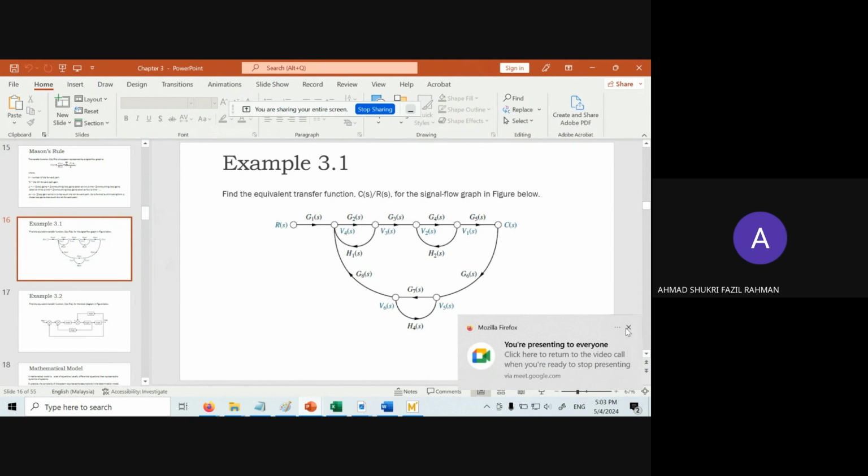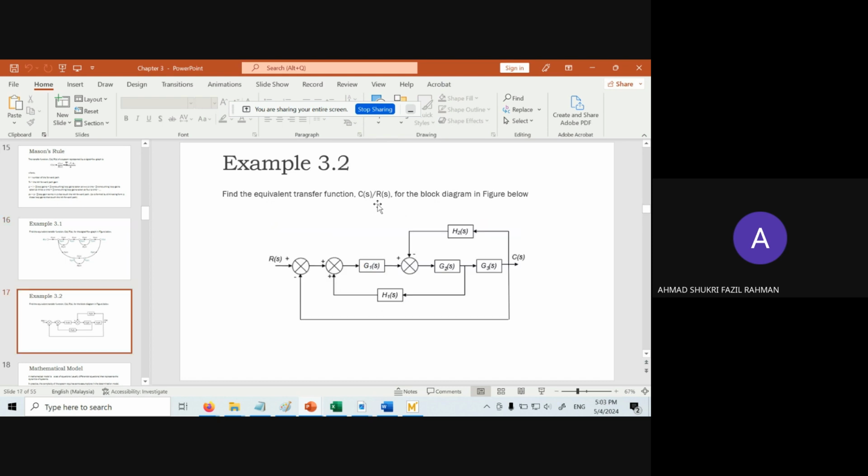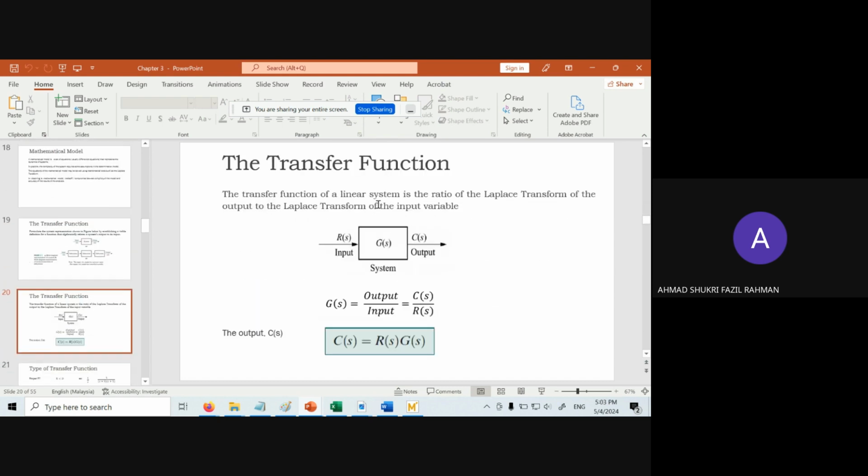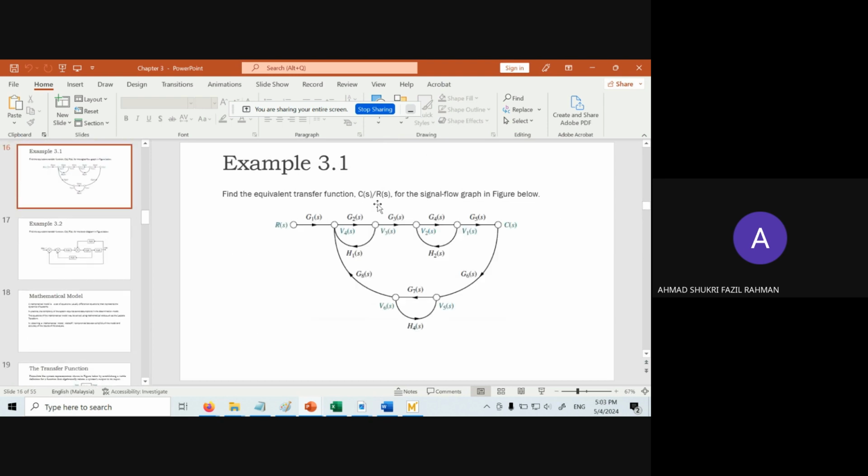I think I better start here from example 3.1, and then once we have completed this example, we are going to proceed with the remaining part of chapter 3, which is partial fraction expansion. That one subtopic, we need to use this tool, partial fraction expansion, in order to do inverse Laplace. So without further ado, we start first.